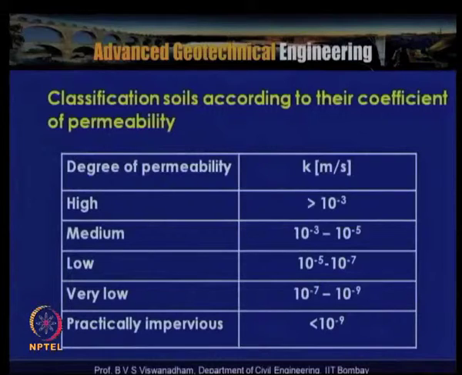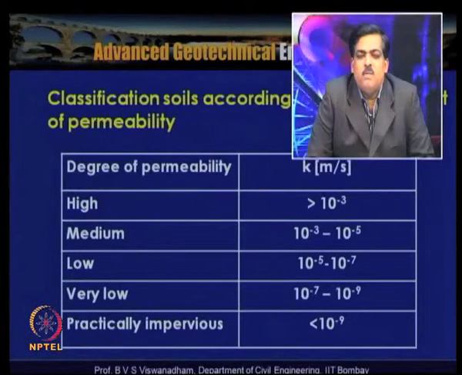The classification of soils according to their coefficient of permeability can be given as a degree of permeability, so the soil can be classified based on different values of permeability. When the permeability value in meter per second is greater than 10 to the power of minus 3, we say that the soil has high permeability, and when the permeability is in the range of 10 to the power of minus 3 to 10 to the power of minus 5 meter per second,